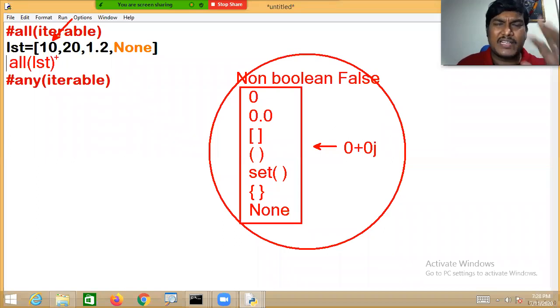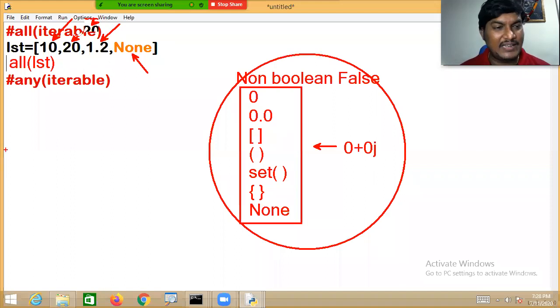Other than 0, everything is considered true. This is also considered true. And this, None, is false. When all the items of the list are equivalent to true, then it will return true, otherwise it will return false.